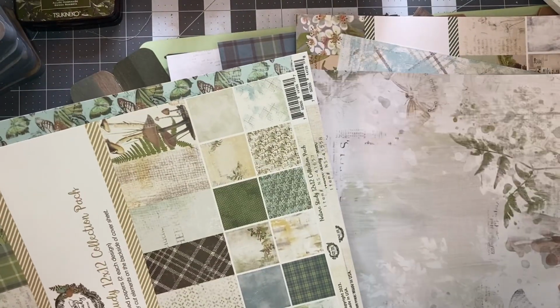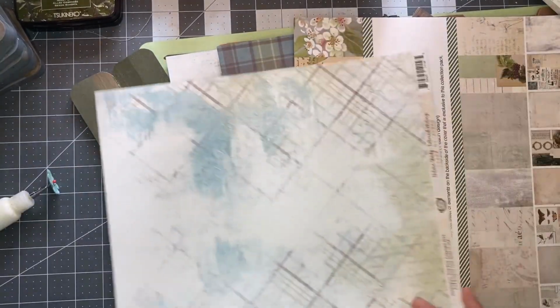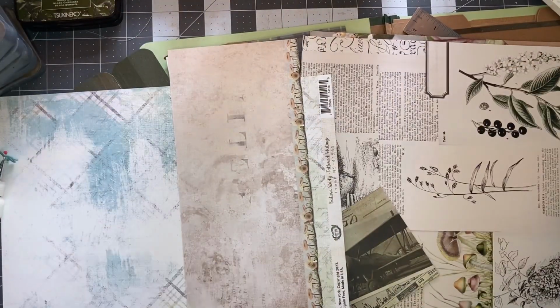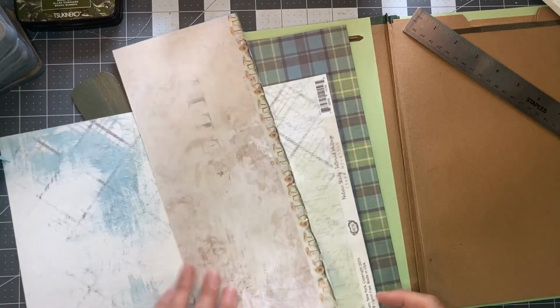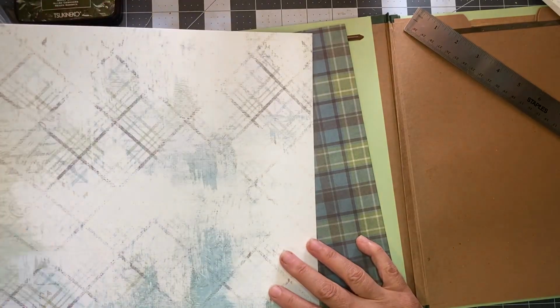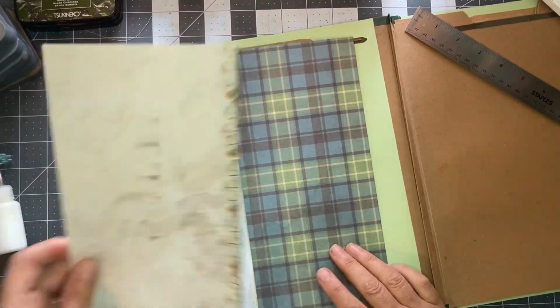No. No. No. No. Nope. Maybe that. Nope. Oh, hold on. That's an offcut already. That's a possibility. Let's see. No. And this. So let's look at this offcut. I mean, I kind of like this lighter version of the plaid. It's kind of interesting. But I really like the mushrooms